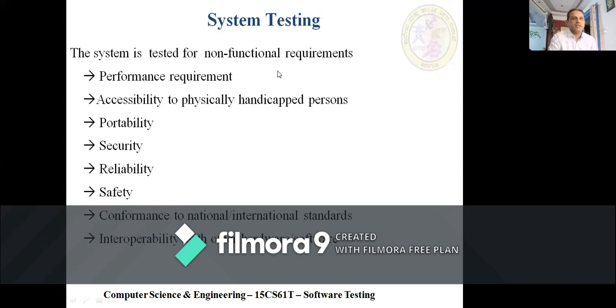These are the non-functional requirements that have to be tested in system testing. As you are developing software for a multinational company, it should follow some standards.